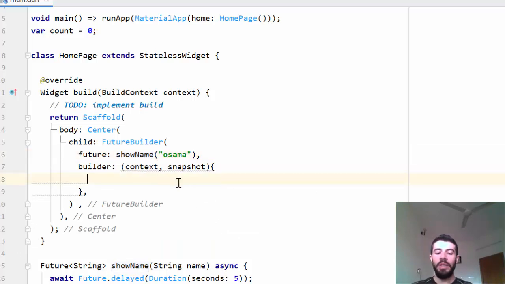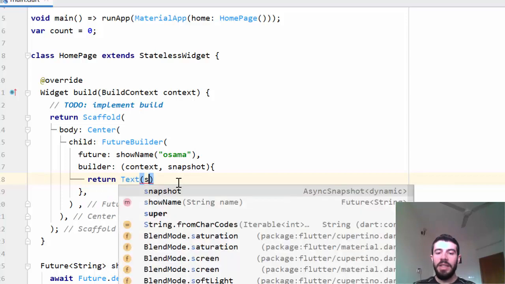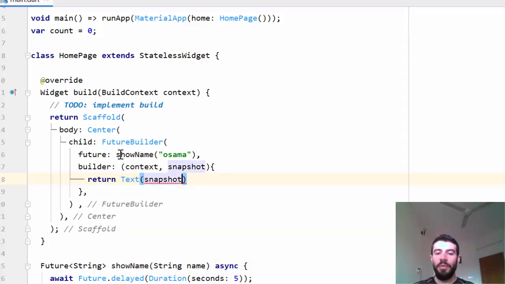So here I want to build the widget. So just return the widget, for example, text. I want just to add the data in the text, and the snapshot, the data that comes from the future, data, like this. Now I add the future, this is the future,